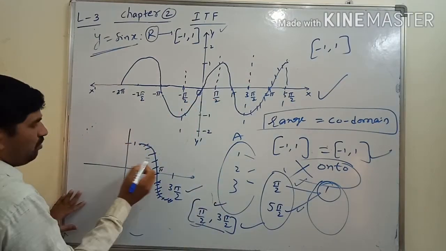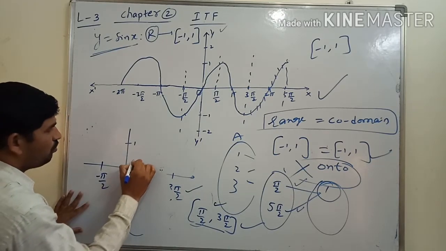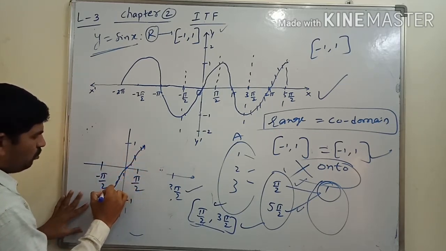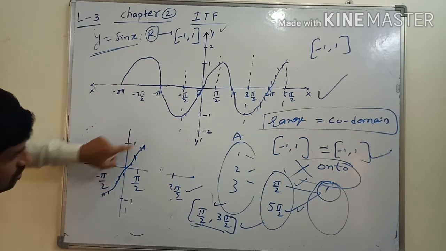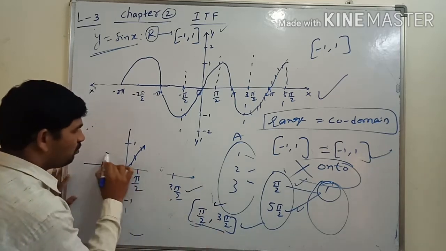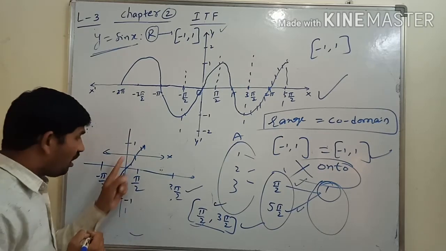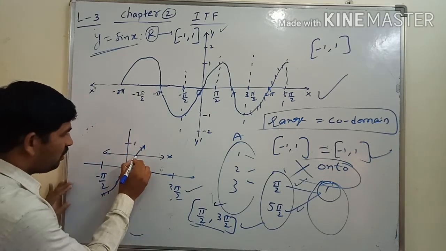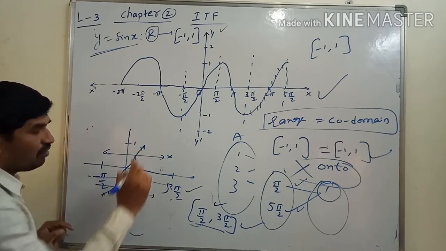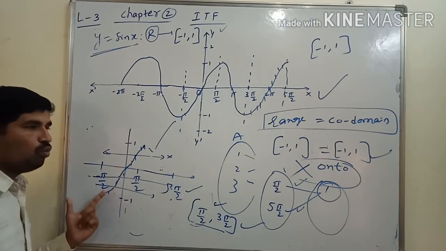See, minus pi by 2 to pi by 2, I am taking here minus pi by 2 to pi by 2. If you are taking minus pi by 2 to pi by 2 like this one in a graph, observe here, it is giving different values or not. Suppose we are using the graphical method to say the function is 1-1. Suppose we are drawing a line parallel to the x-axis, it should cut the graph at only one point. Yes or no? If we are taking any straight line here in between minus 1 to 1, it will cut the graph at only one point. So we can say here, remember, it is a 1-1 function.